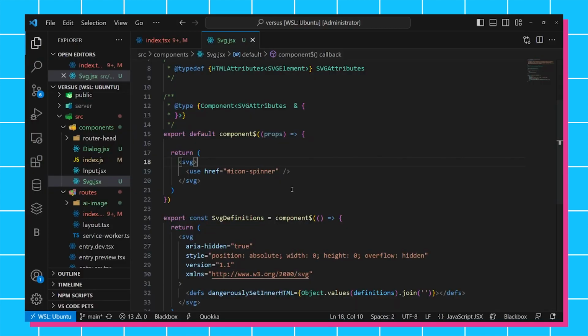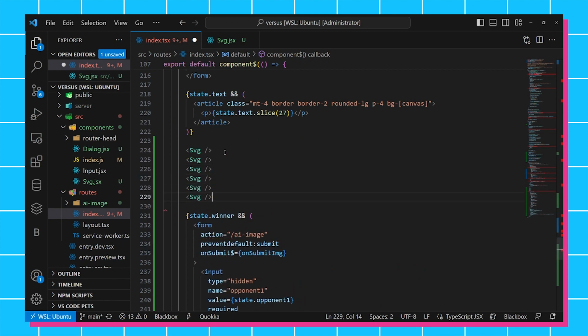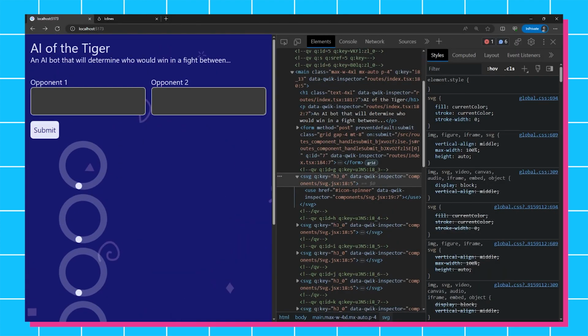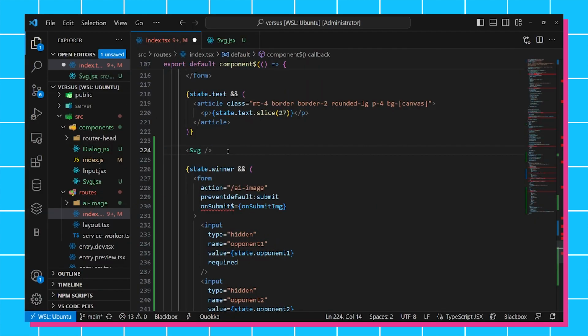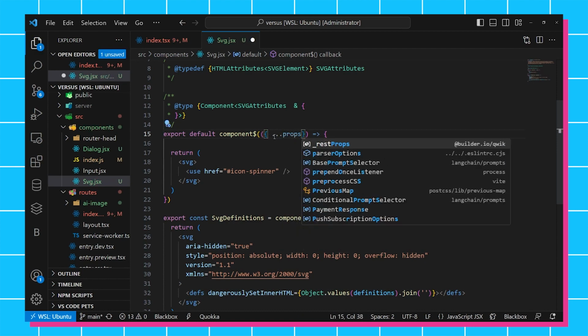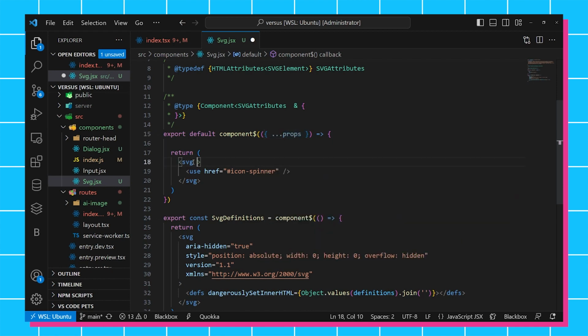And the nice thing here is we can also reuse this. So I can have several of these on the page, and it keeps the markup nice and slim. So of course, we do want to make this dynamic, so it's not just taking that hard-coded value as the icon spinner. We want to provide that as one of the props. So what I'm going to do here is do my same little props destructuring thing. I'm going to put these props on the SVG itself,